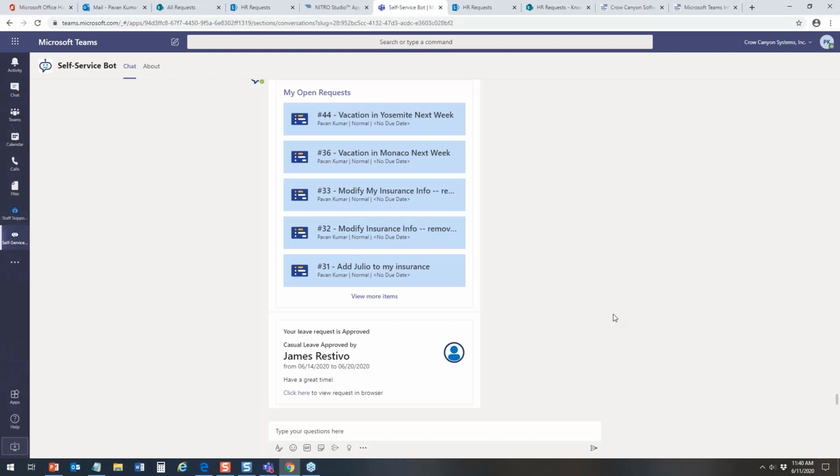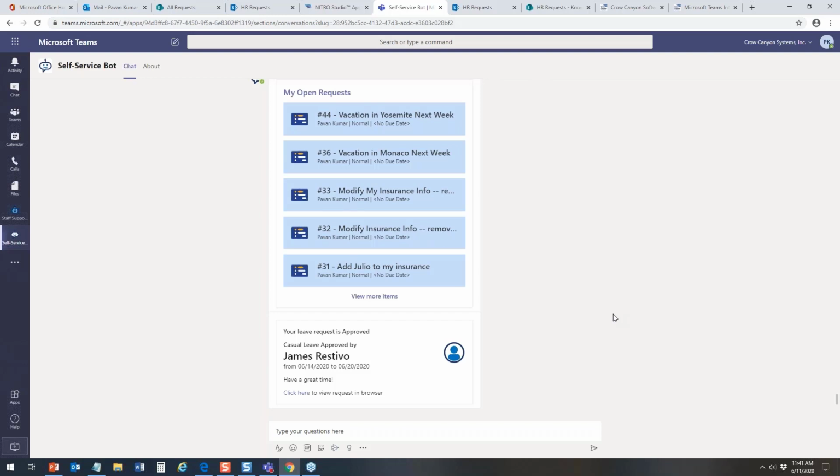Now, the thing is, you could also use those cards for something like a support ticket in IT. I know it's not HR, but you could have a support ticket in IT and say, hello, end user, we think we completed your ticket. Please confirm this. And then the end user could say, I confirm, or no, it's not done. You could have buttons like that. All kinds of